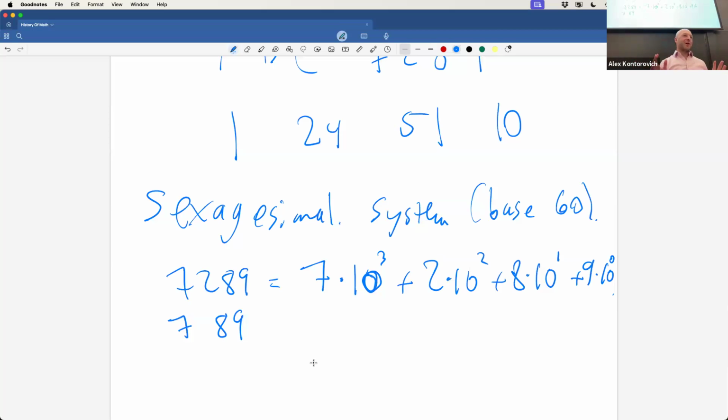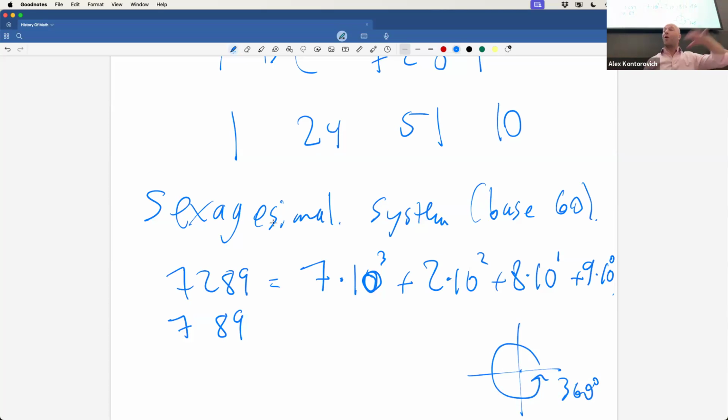There are all kinds of conjectures about why 60. 60 is a very nice round number. It has lots of divisors. There are about 360 days in a year. So if you think of, by the way, how many degrees are there? 360. Why? We don't know. No, not why are there 360 degrees, there are about 360 days in a year. There are also 360 degrees historically going around, right? This is 360 degrees. So we can argue that maybe that's related to the number of days in a year, and we see the cycles.